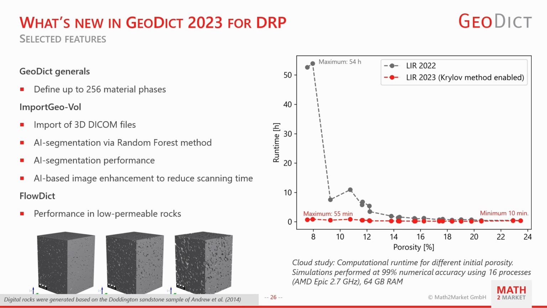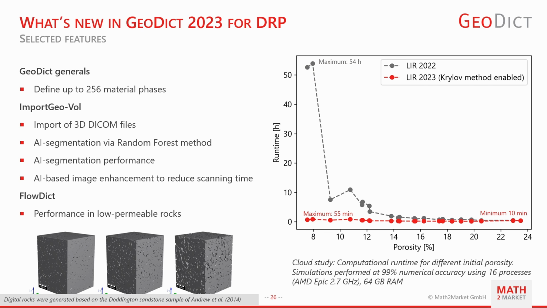This plot here shows the runtime versus the sandstone porosity. The gray curve here is without Krylov and the red curve, the flat one, with the Krylov method. So the results are clear. We have improved the flow solver performance in low porosity rocks or low permeable rocks by a factor of 50